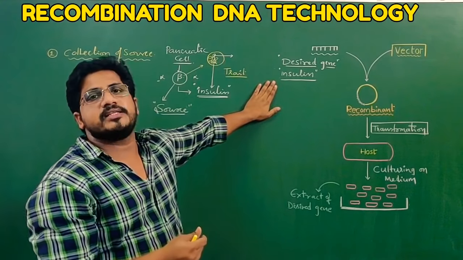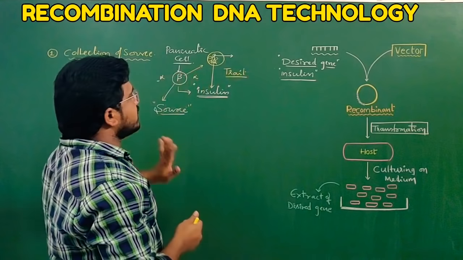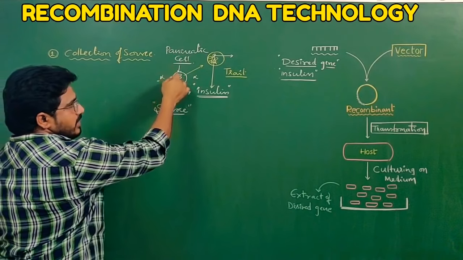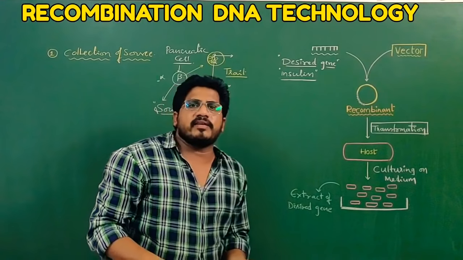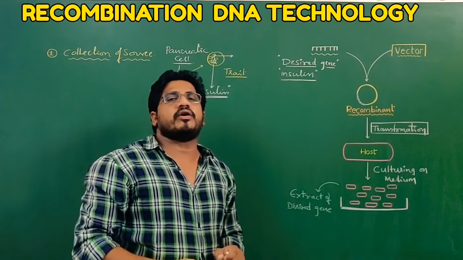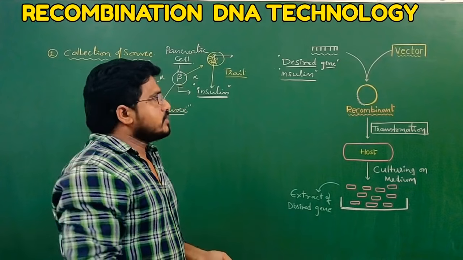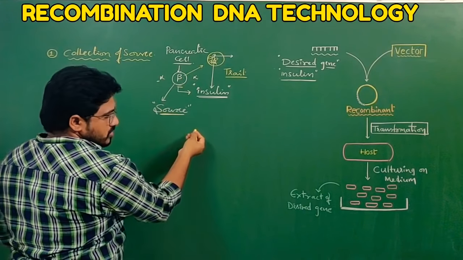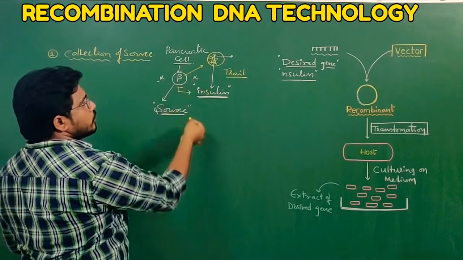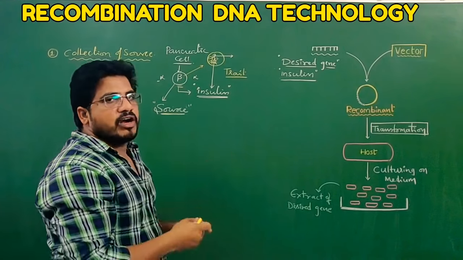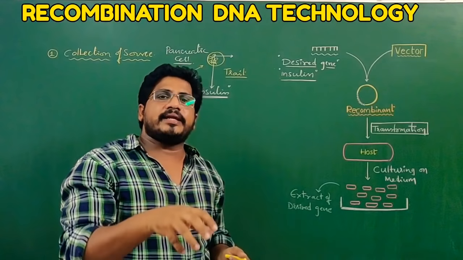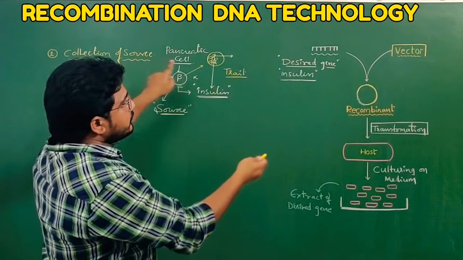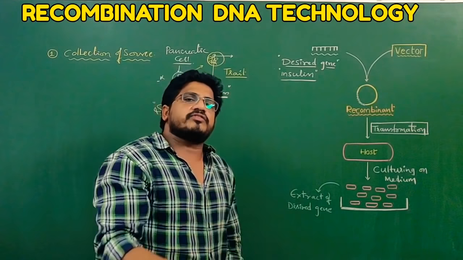In the case of insulin extraction, the desired gene is present in the beta cells. If you take a pancreatic alpha cell, the insulin desired gene will not be available. So the particular source we have to identify by scientific study. Some scientific studies help to understand the exact sources. From the sources we have to collect first. So in this case what do we have to collect? Pancreatic beta cells we have to collect. That is the first step. If the desired gene is not insulin, then the source will be changed.